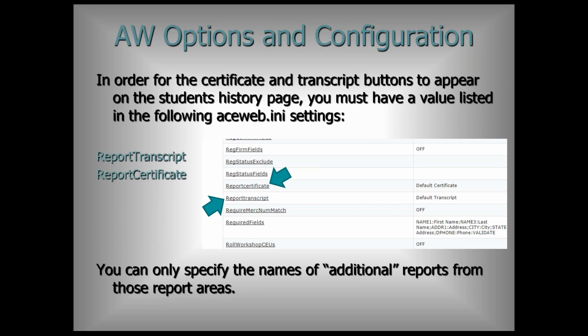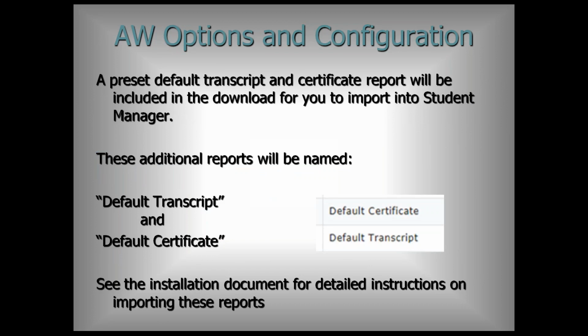So again, the initial release is going to include a sample default transcript and a sample default certificate, and they're going to be named exactly that. So if you want to have just the out-of-the-box setup, then you would put these two values in those ACEweb INI settings. Now, entering a value in those settings